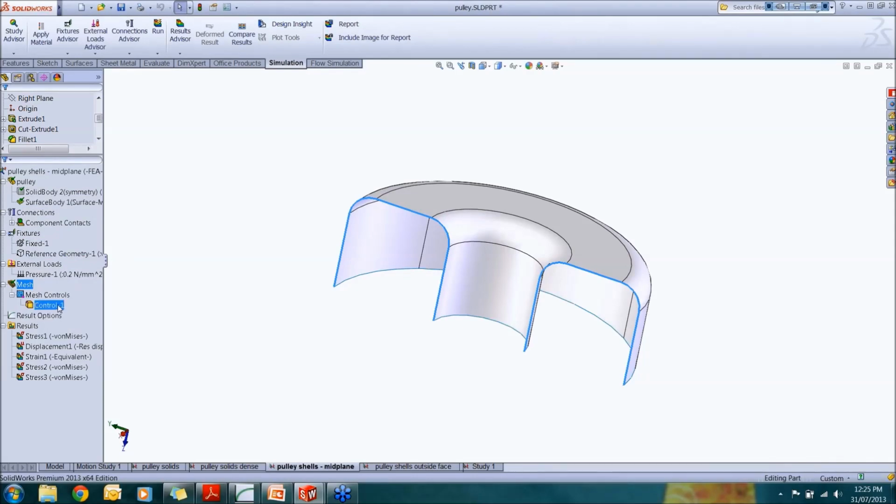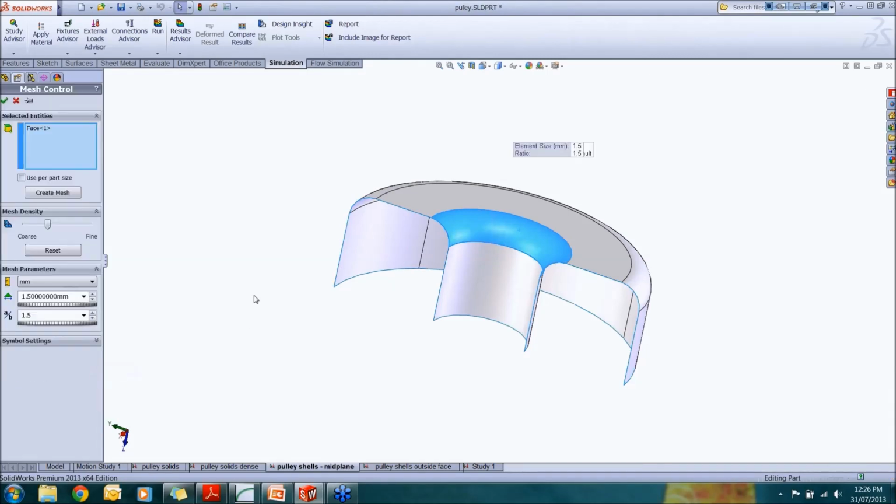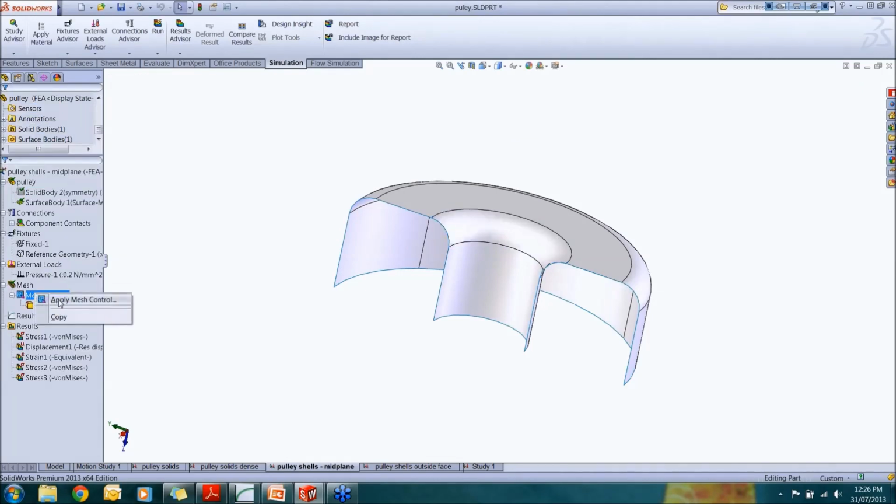This time, as the model size has been considerably reduced, we can simply ask for mesh controls. If I show you, this is the face we request the mesh to be finer, where the element size is 1.5 millimeter with a growth ratio of 1.5,